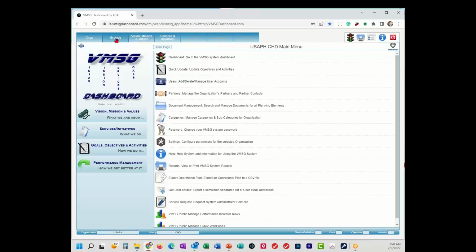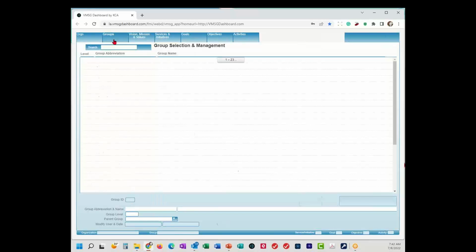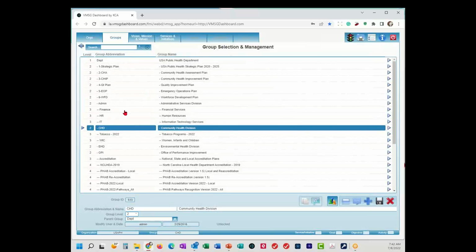Underneath that, you'll have the groups. Each group will have a set of services, each service a set of goals, objectives, and activities. I'm going to go down to my groups tab here. So I by default went to community health. When you are assigned as a user, you're assigned to a default group. So if you're a community health person, you're going by default to go to community health. If you're an HR person, you're going to go to HR. And if you're in the highest levels in the department, you're typically going to go to the department level